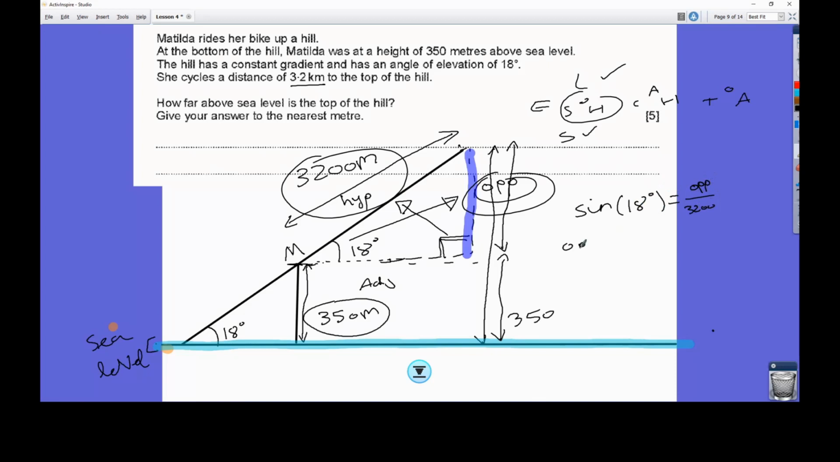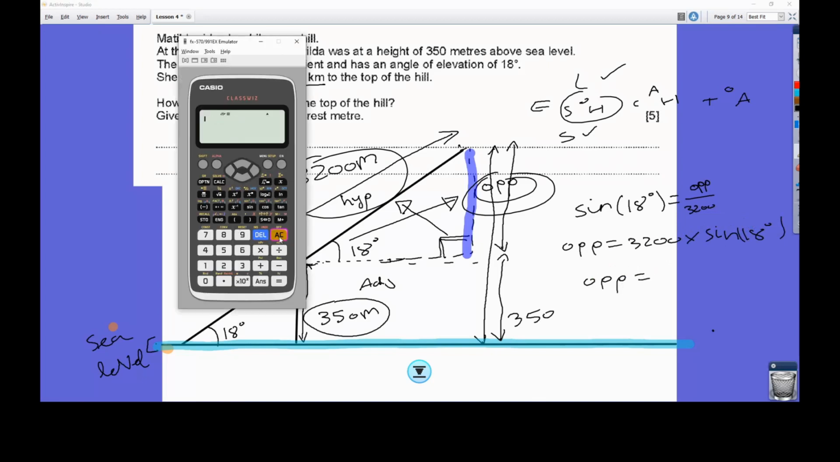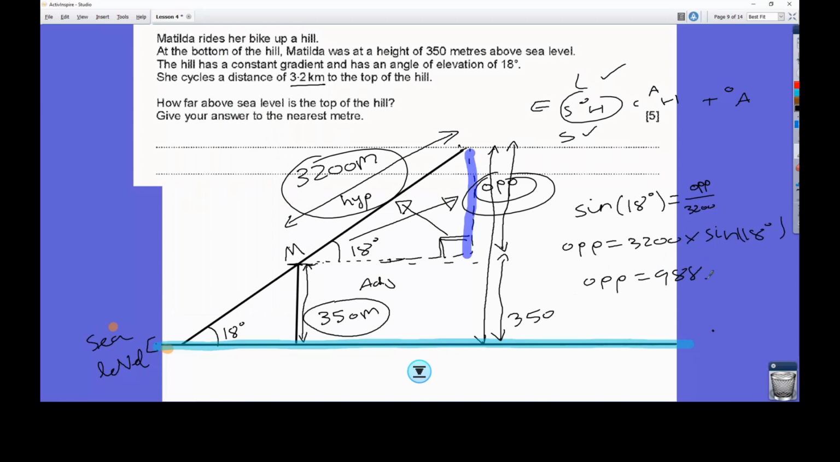So what I can do is multiply both sides by 3,200. So I've got 3,200 times sine 18, giving me op. So we get 900, and again, I'm not going to round until the end. I know that's a bit of a pain. Can I copy my display, capture? No, I can't. So I get 988.854382